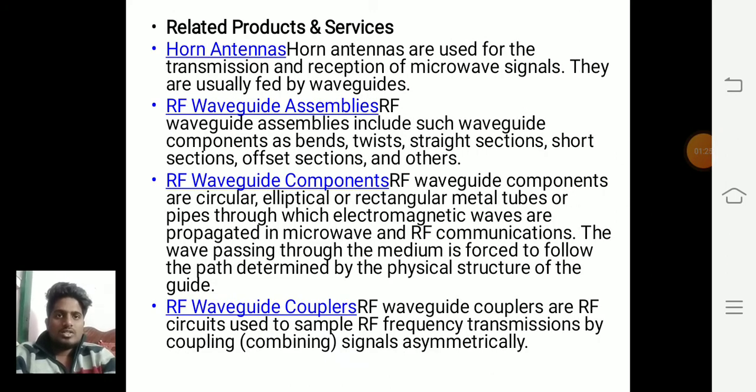Related products or services. Horn antennas. Horn antennas are used for the transmission and reception of microwave signals. They are usually fed by waveguides. RF waveguide assemblies. RF waveguide assemblies include such waveguide components as bends, twists, straight sections, short sections, offset sections, and